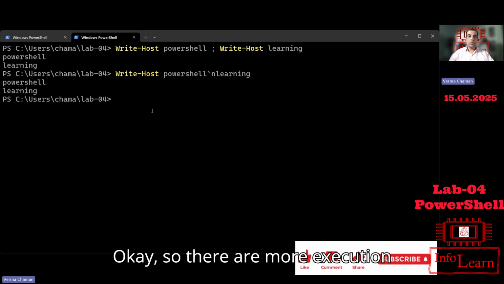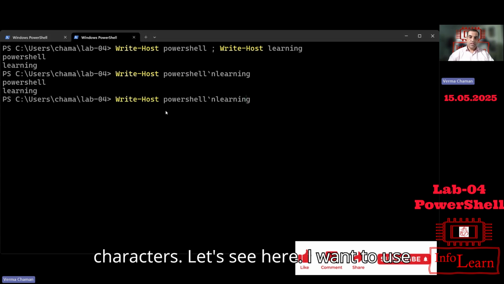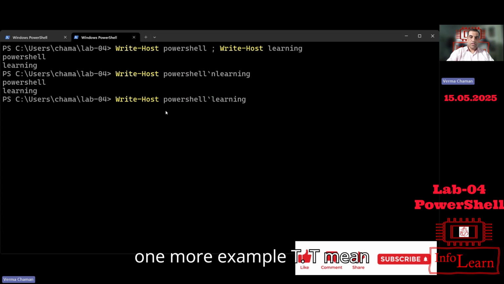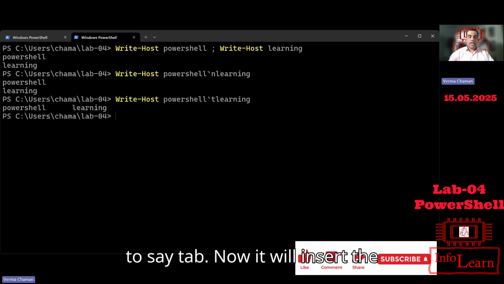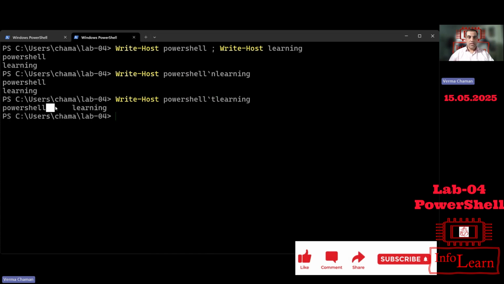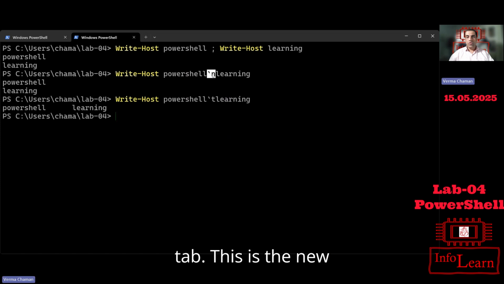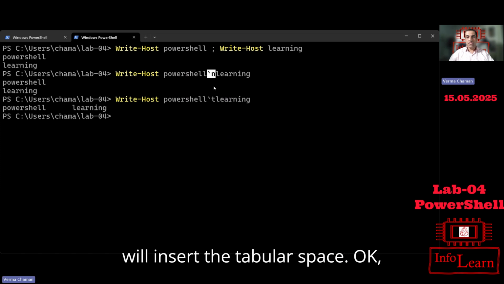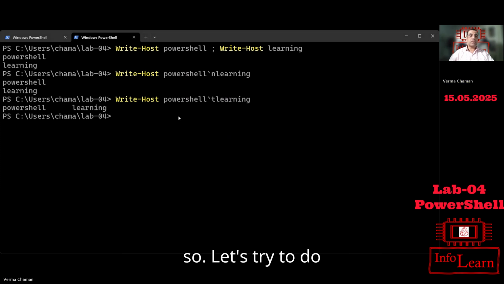Okay, there are more escape characters. Let's see here. I want to use one more example, t. t means tab. Now it will insert the tab. So this is the tab. This is the new line. So it will insert the new line. It will insert the tabular space. Okay, so let's try to